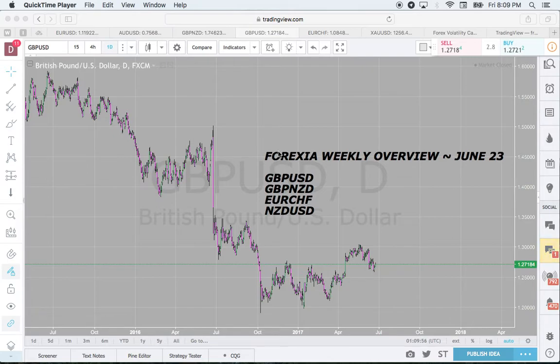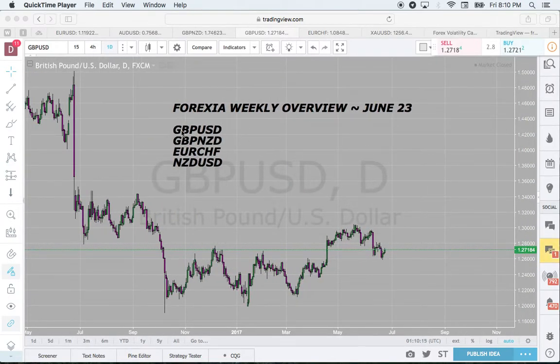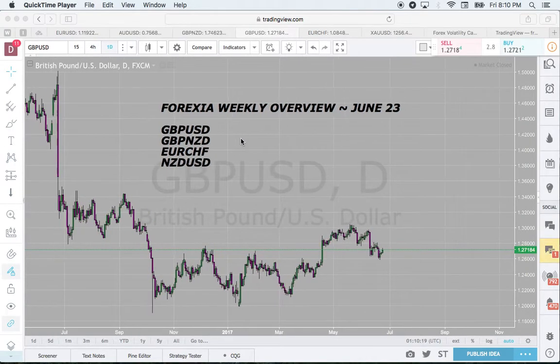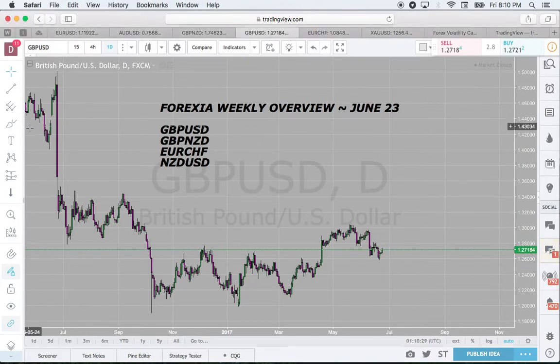Today, basically, we're going to be discussing the trades that we took over the week and why we took them, and what we're planning to do in the future when it comes to our positioning on these trades. So, the first trade we're going to be looking at is GBP USD. I took GBP USD as a buy at around the 1.26 area, and this is because